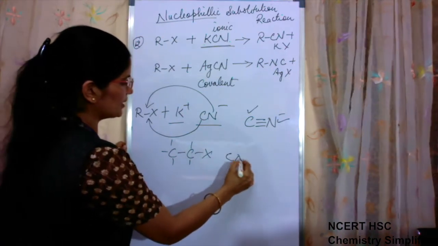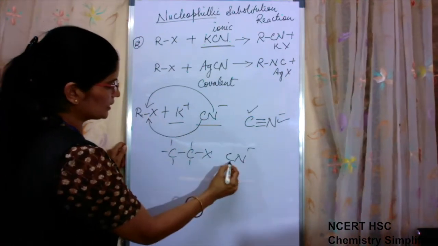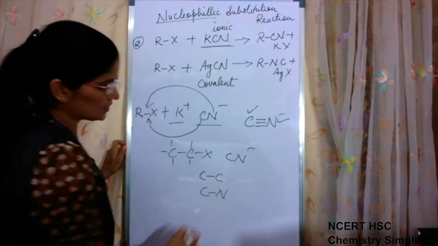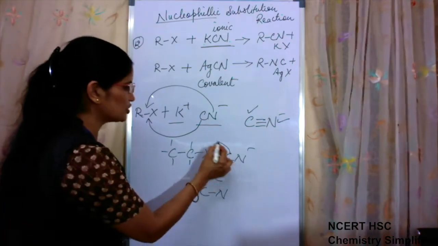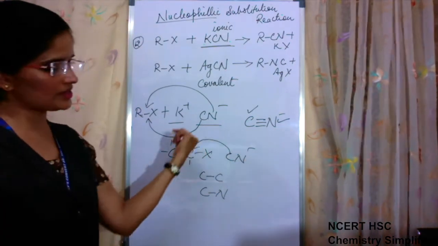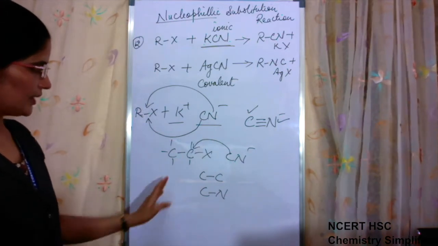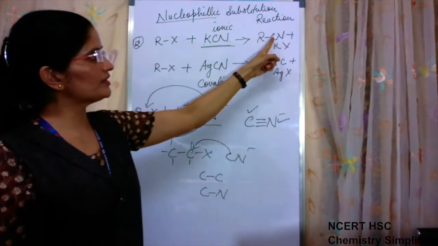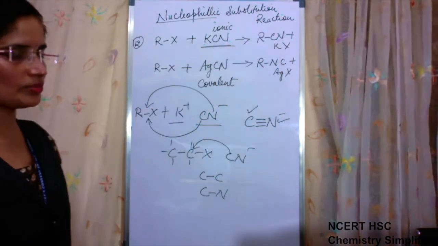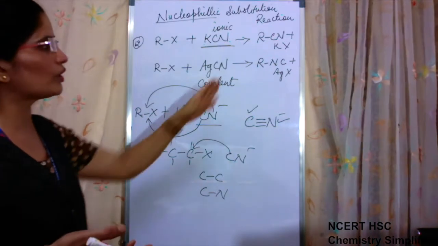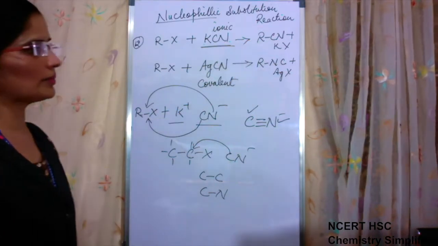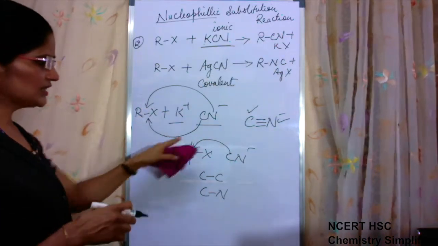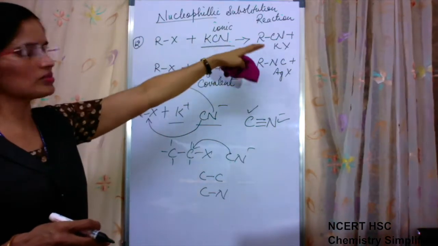So when CN has to attack this R, then the bond between C and C is more stable as compared to the bond between C and N. Hence connection takes place through the carbon atom. That is why the product formed in this case is RCN, because carbon has a catenation property and the long chain is possible only because of the extra stability of the carbon-carbon chain. Hence bonding takes place through C. This is clear, that is why KCN forms RCN.